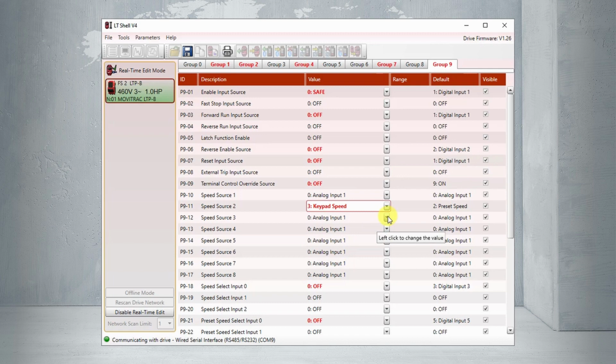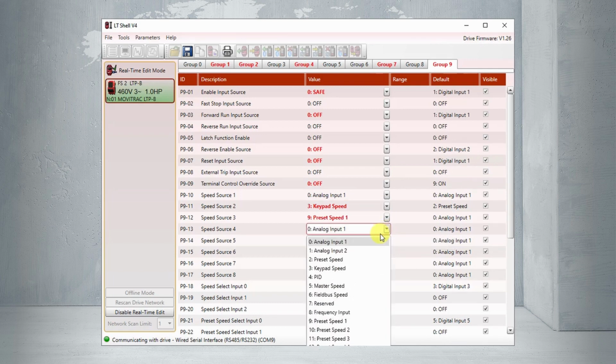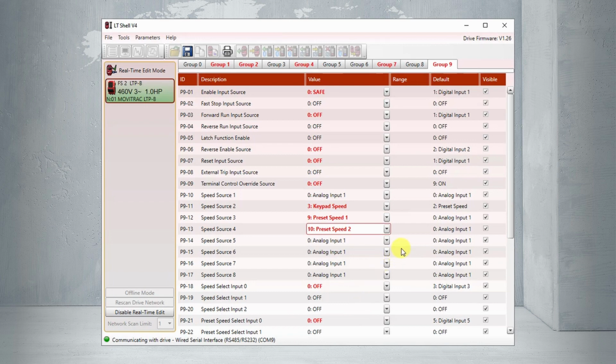And then we'll set the next 2 to preset speeds 1 and 2. And we're going to leave the remaining 4 sources at the default value of analog input 1 because we're not going to use those. So that's our speed sources. They're all set. The next thing we have to do is set up digital inputs that can